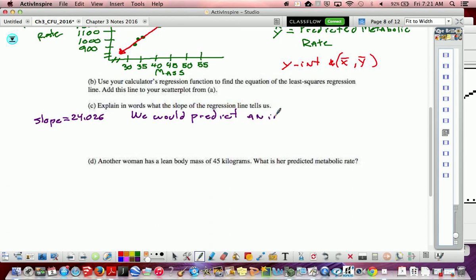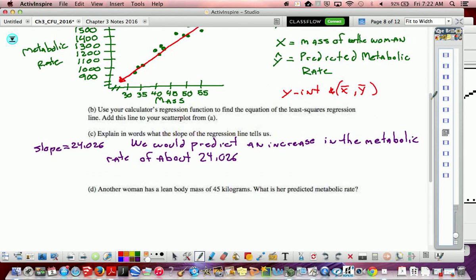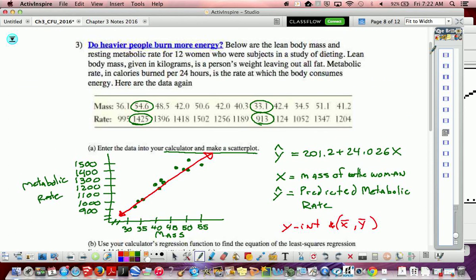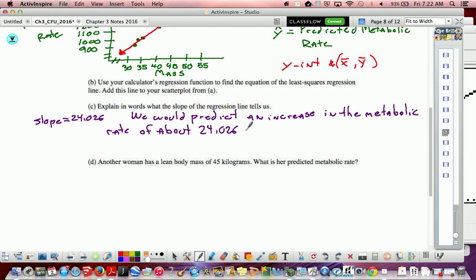an increase in the metabolic rate of about 24.026, and now we need to find the units. So what are they talking about in this? Calories burned per 24 hours or calories burned per day? So calories per day